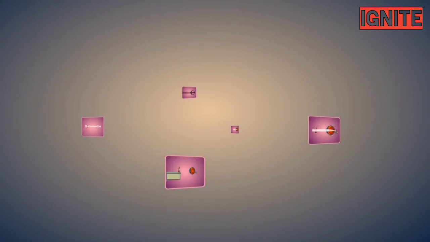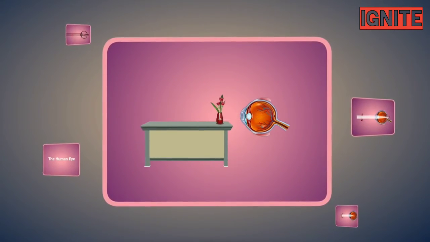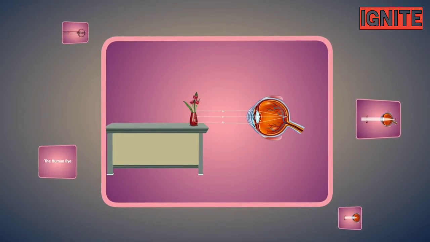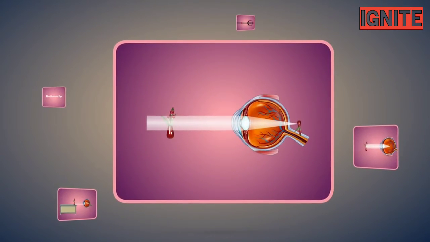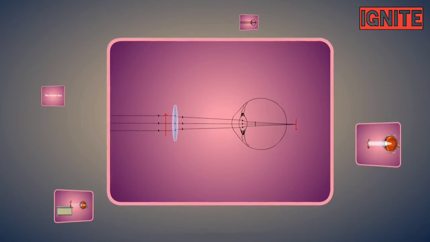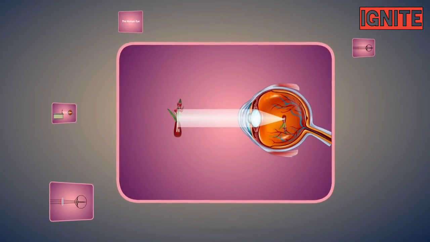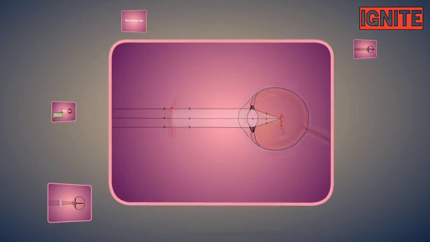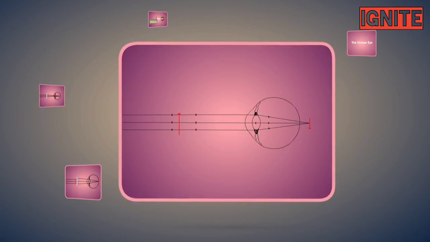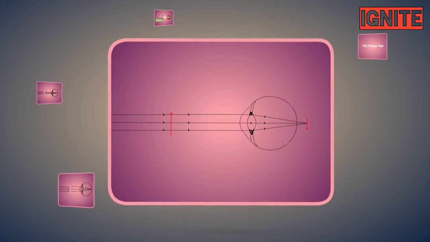Things to remember. The ability of the lens of the eye to see near and distant objects by adjusting its focal length is called the power of accommodation of the eye. In hypermetropia, nearby objects cannot be seen clearly. This can be corrected by using a convex lens of suitable focal length. In myopia, far-off objects cannot be seen clearly. This can be corrected by using concave lens. In presbyopia, both nearby and distant objects cannot be seen clearly. This can be corrected by using